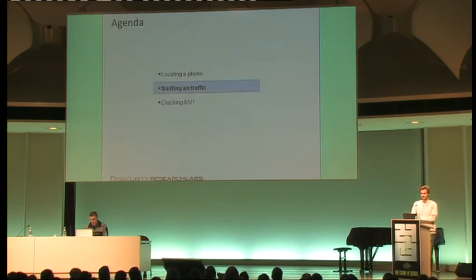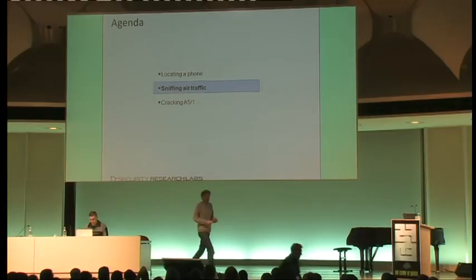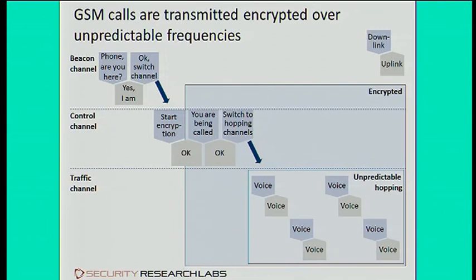Now we want to grab data off the air interface that would allow us to crack the key, and then read that data given the key, right? Again, a little bit of background so you understand what's going on here. GSM phone calls use numerous different frequencies or channels to execute different phases of a call. Basically, a GSM call